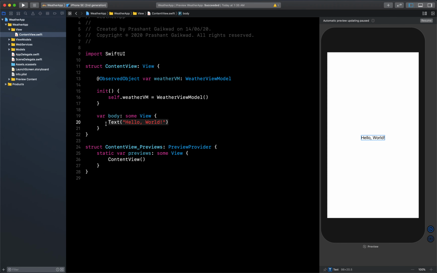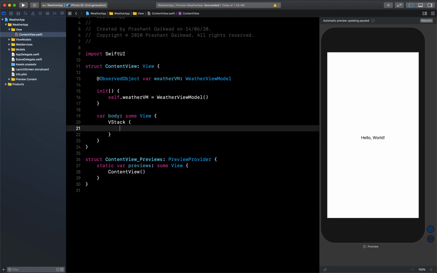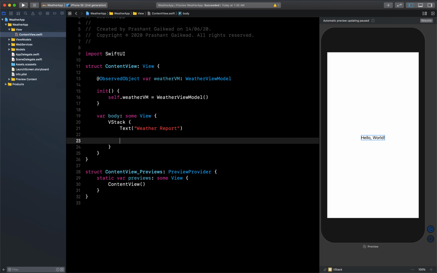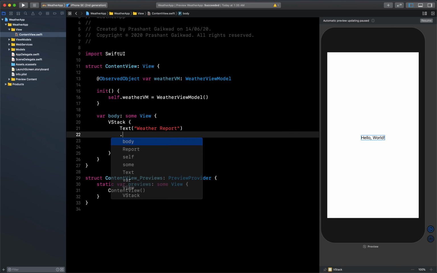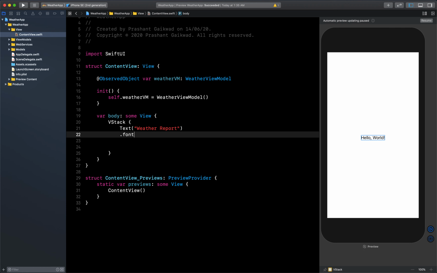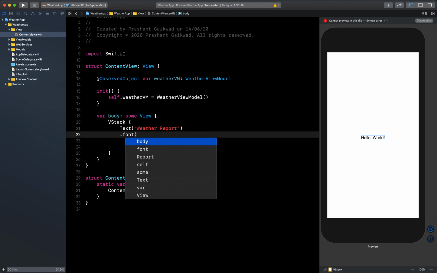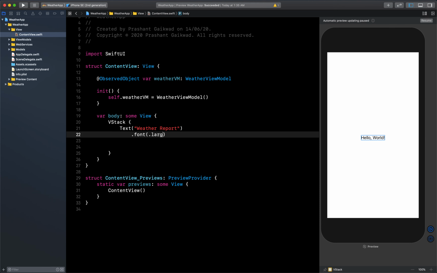First we need to remove this, and we need a vstack, and inside the vstack we need first a label at the top which will say weather report. Then let me make it a little bit better by giving a good font. Font will be of type large.